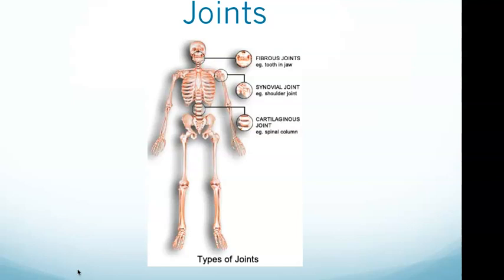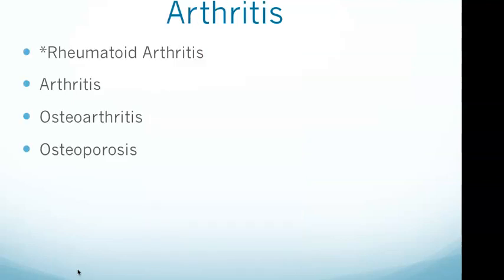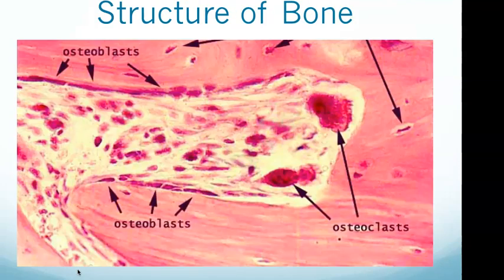And then we also have cartilaginous joints, which are found when 2 bones are connected by cartilage and are somewhat movable. Cartilaginous joints could be found between vertebrae in the spine, for example. Okay, and then we get to arthritis, right? So rheumatoid arthritis is an autoimmune disease that is caused by immune cells attacking either the cartilage or joint lining. Okay, and so one of our questions, our last one, was